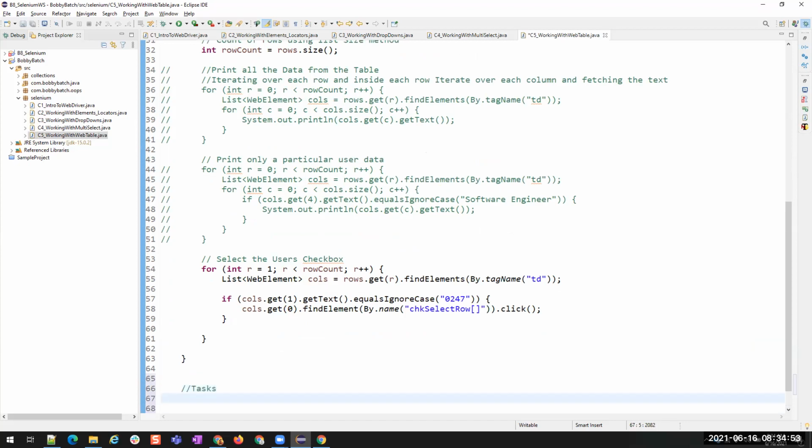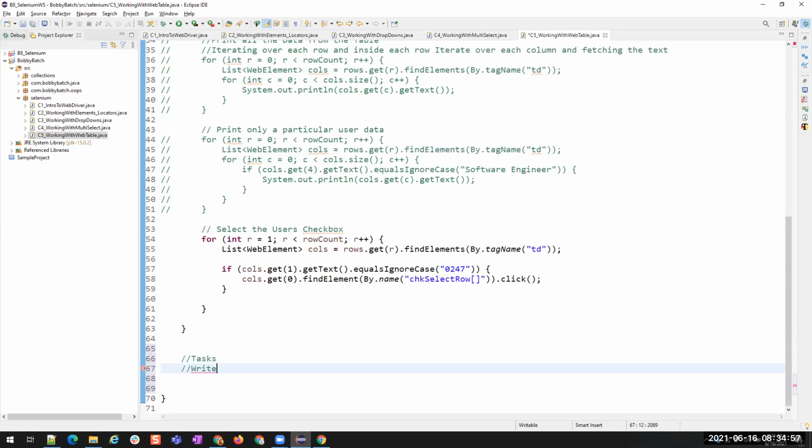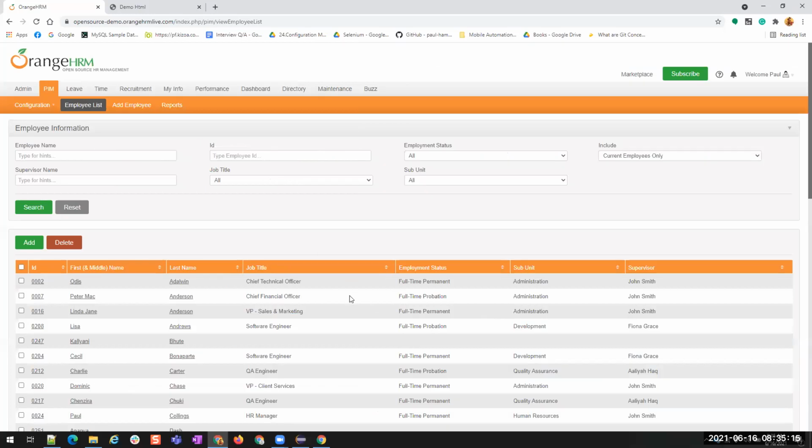Okay, write a method. You know how to write a method, right? Write a method which gives me the column number when I pass the column name. So on this table, if I say subunit, I'll pass subunit as my input.